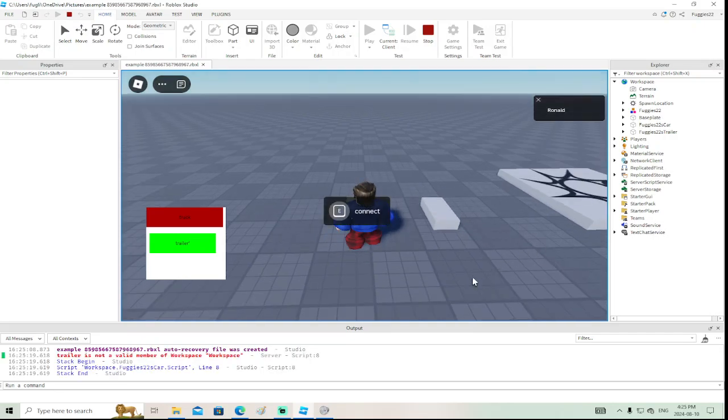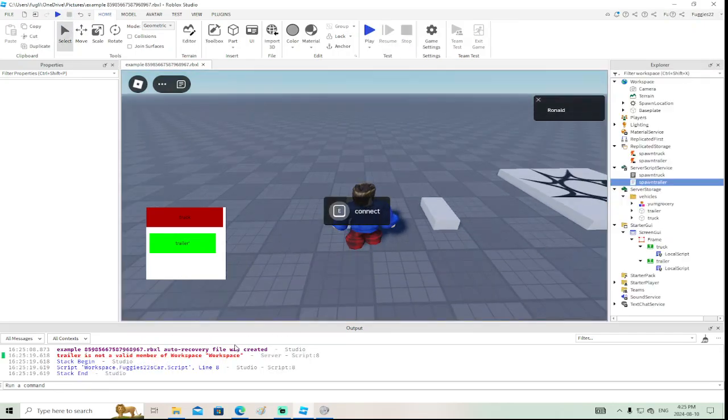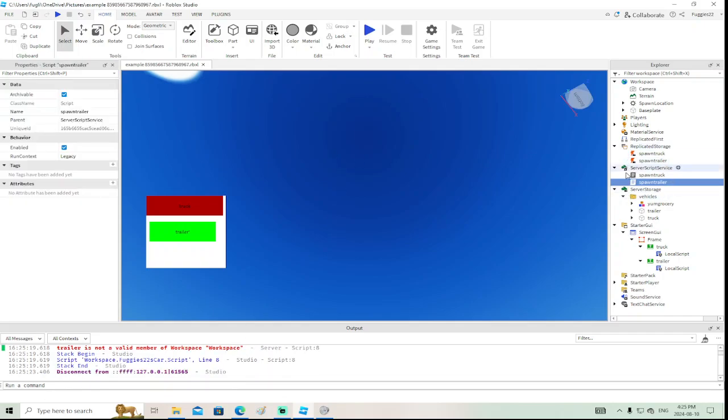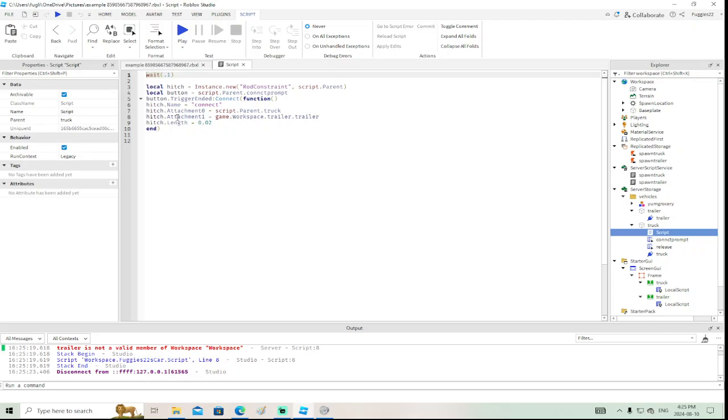Now, if I press that, see? It gives me an error. It says, hey, wait a minute, I can't find the trailer. Now, where is it? So now what we need to do is go into the truck itself, and we actually have to change this code around. I was just playing around with it, but we have to change it because attachment 1 is different, right? So for attachment 1, we need to say game